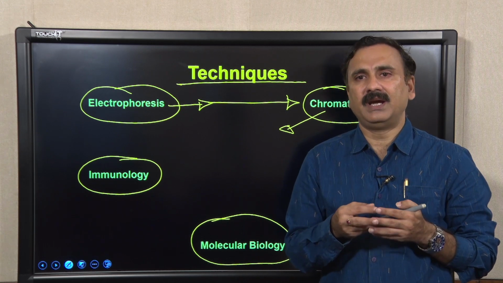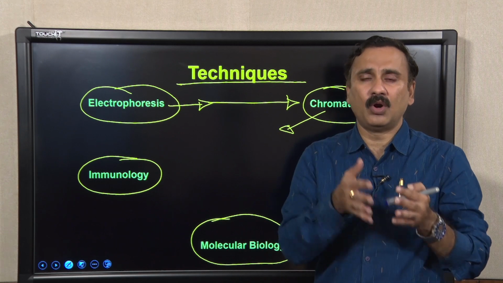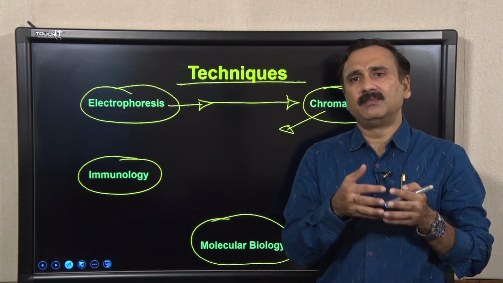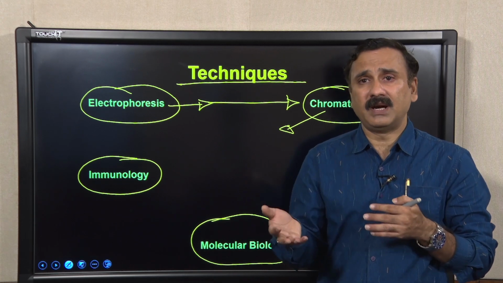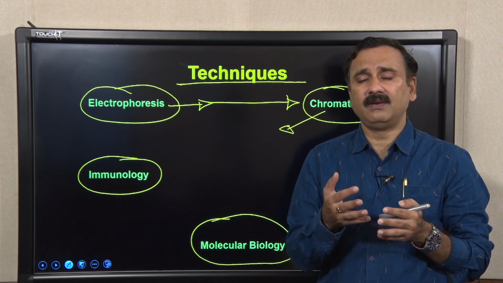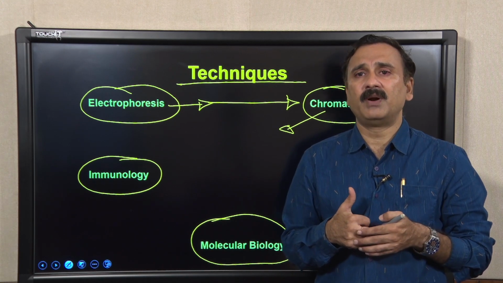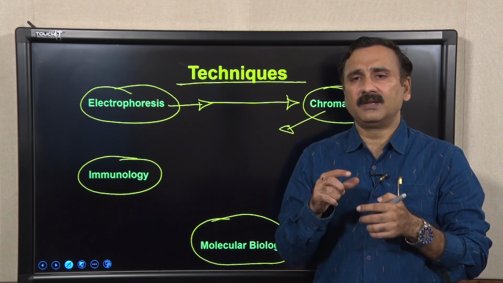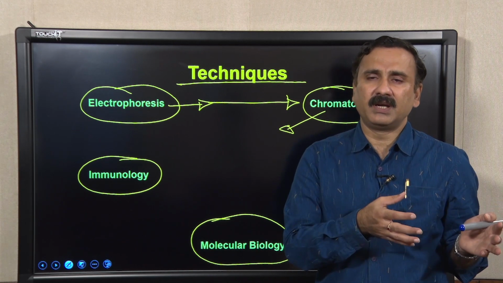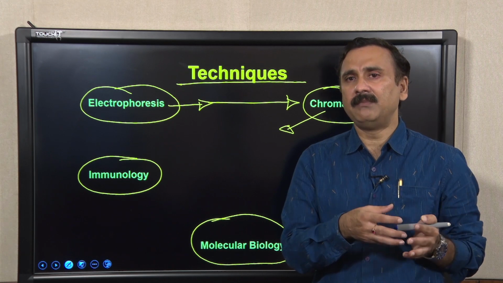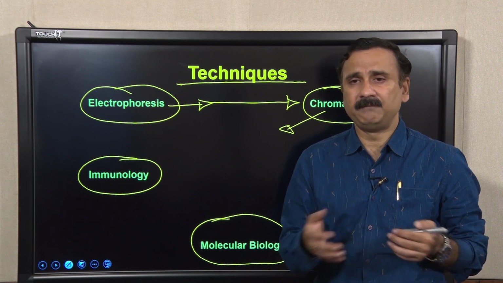And as I said in the lecture itself, it does not matter whether you have this particular instrument in your lab or not, because more or less the procedure remains the same, except that you might have to use different buttons and different things. That information you can easily get from the manual of that particular chromatography system, and within a short span of time you will be able to train yourself on the instrument you have in your lab, and that is how you can utilize that instrument very efficiently.